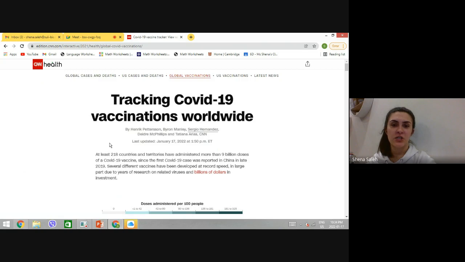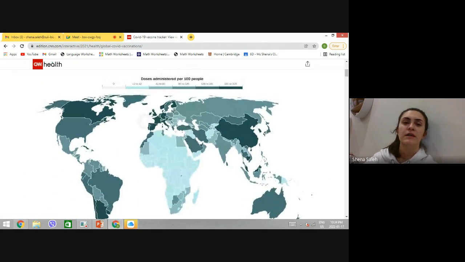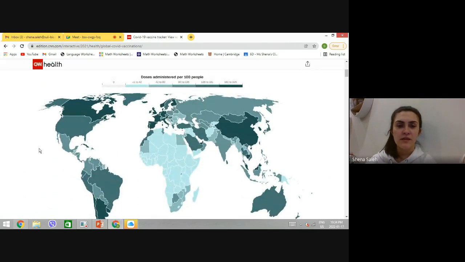And it talks about the vaccination and how all the world has worldwide vaccinations and who has been vaccinated or not. So the lighter the color means there hasn't been anyone who has been vaccinated, and the darker the color means most of the country has been vaccinated. So this is per 100 people, quite informative in my opinion. Where is Iraq? Where are we? Right here. And we are at a light blue, which means we are 1 to 4,200 people. So that's